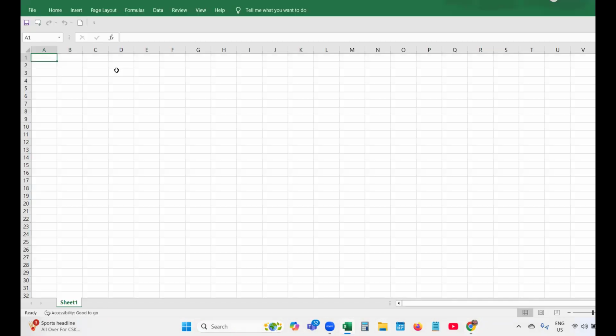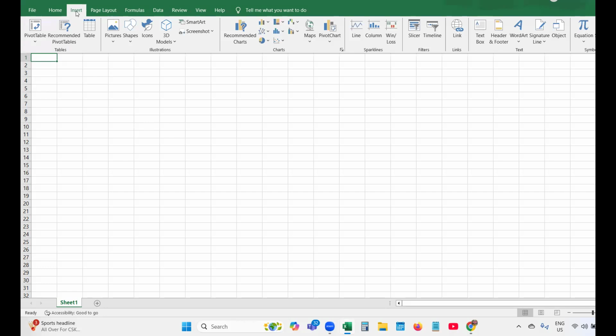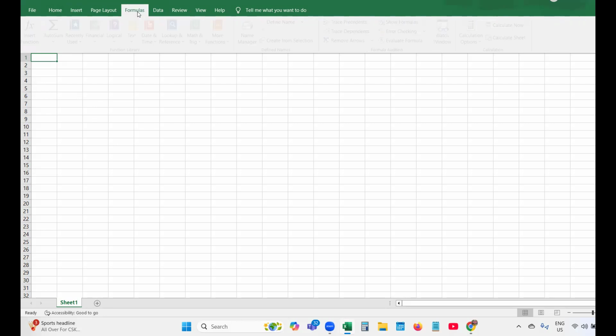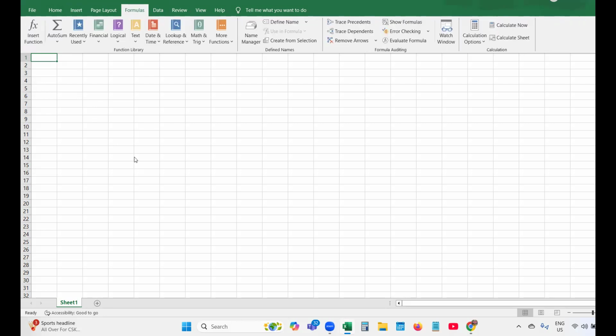New blank workbook. You click on the insert data. From there, formulas.